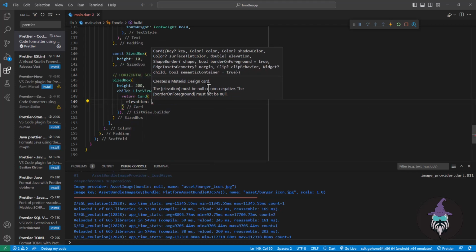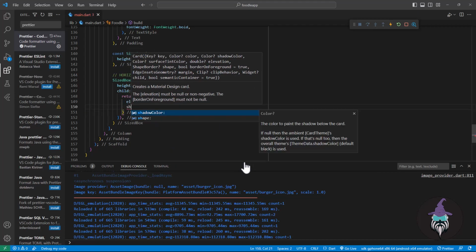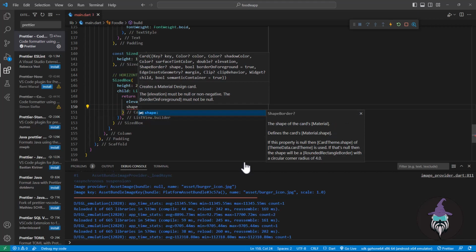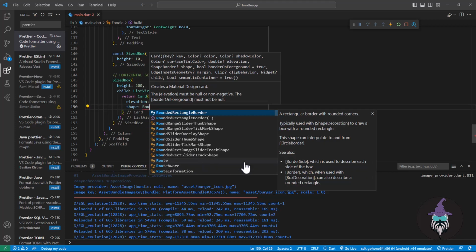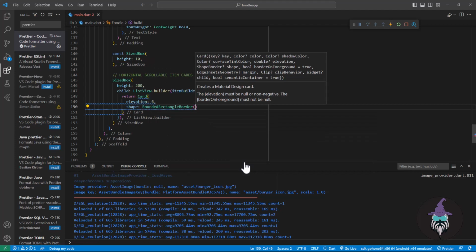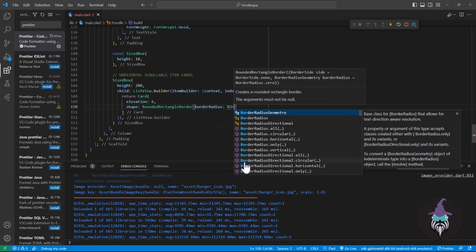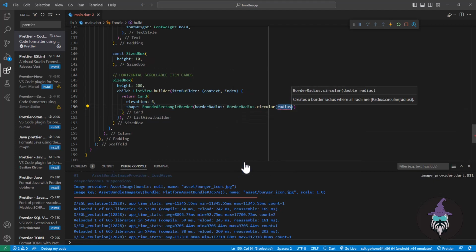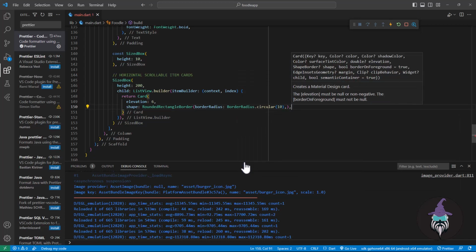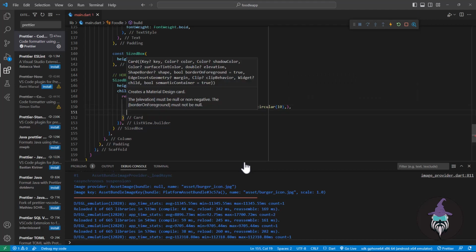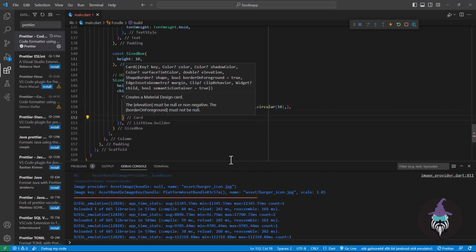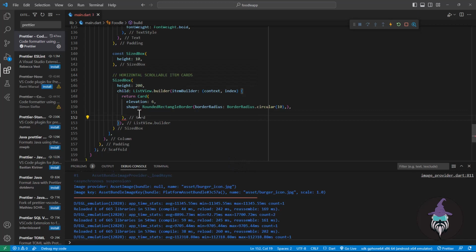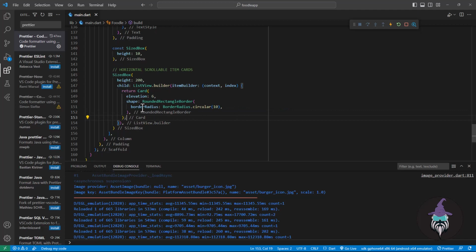Let's add an elevation to the card of, let's say 6, and let's give it a shape of rounded rectangle border with border radius dot circular of 10. Reformat it again, and so here, right here, we have to add a semicolon right here, and below the shape